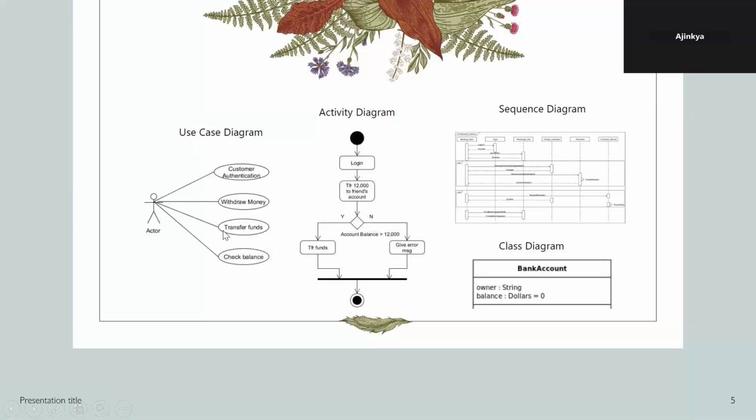So what does a use case diagram say? Let's suppose you have to prepare the use case diagram of your existing application. Just list down all the features, and connect them with that actor. Actually, it is a very simple diagram, because there is only one actor. It is from the customer's point of view, showing the customer performing these kinds of activities. That is nothing but the use case diagram.